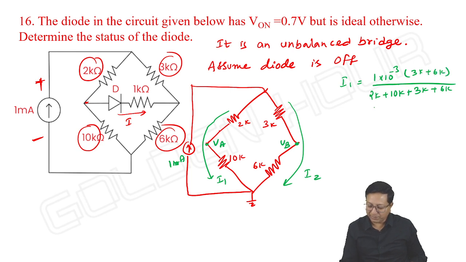It is 9 by 21, that is 3 by 7 milliampere. And what about I2? I2 is equal to 1 milliampere by the same, all the resistors, 12 plus 9, 21K,